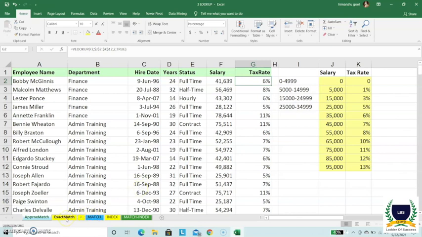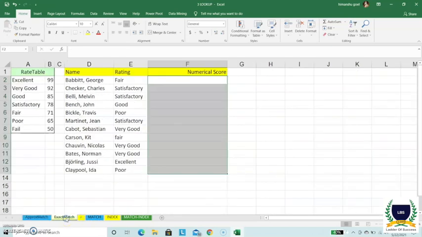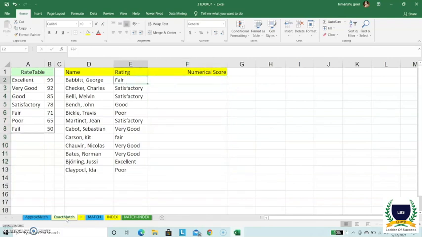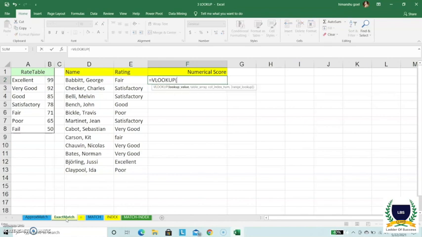So now we will discuss exact match. This is another data set which we are using for exact match. Here we have names, here we have ratings, and based on these I have to fetch the numerical score, which is listed here in the rate table. So I'll use the VLOOKUP function again, equal to VLOOKUP, tab.